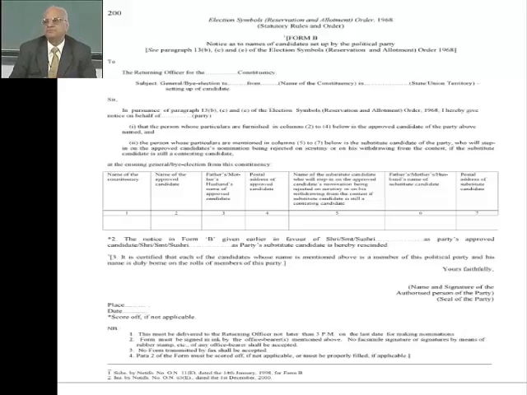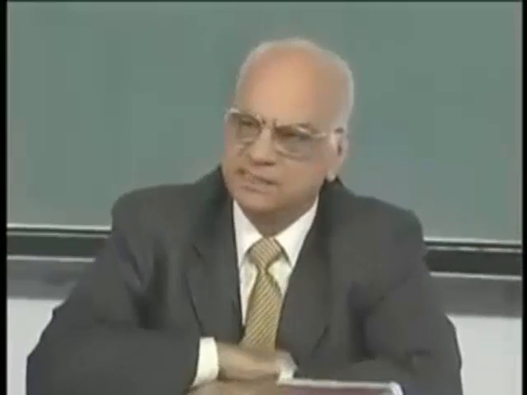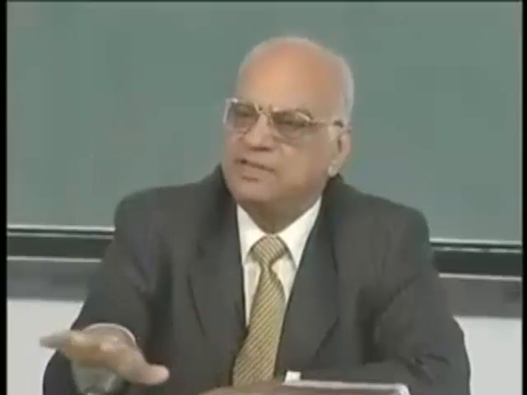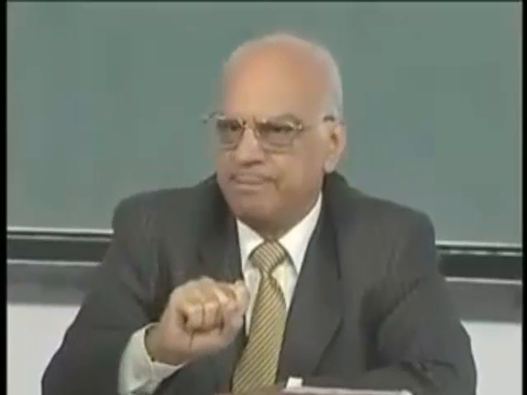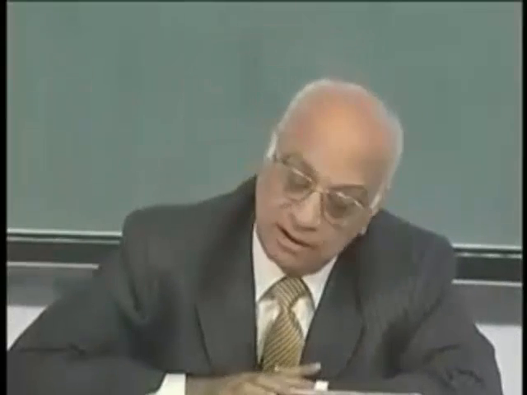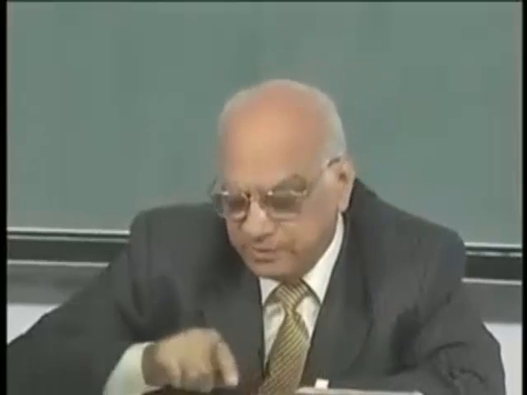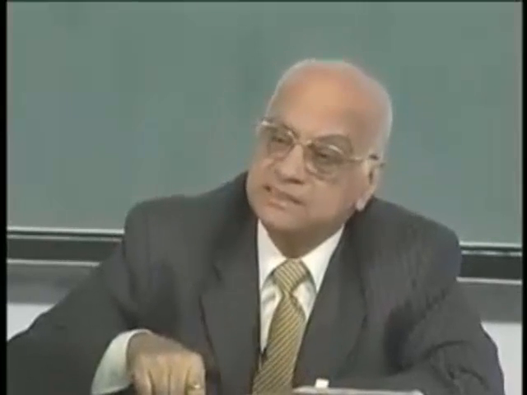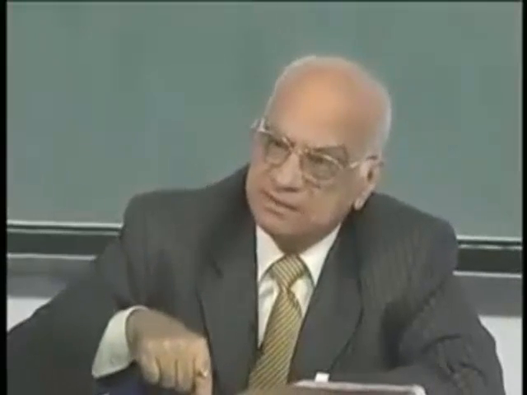Sometimes we have seen that a party says that in this particular state or in this particular group of districts, this particular gentleman, say maybe the state president, will be giving the intimation in Form B. But then there may be some problem, and the president himself may say, no, I don't approve that one, now I am saying this man will be our candidate. No, we will not go by that one. We will go by the authorization in Form B given only by the person whose name is mentioned in Form A.